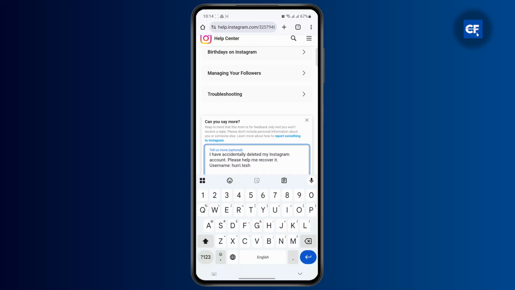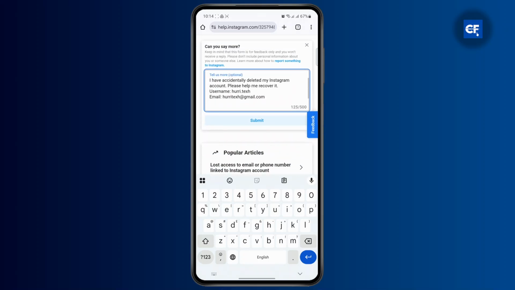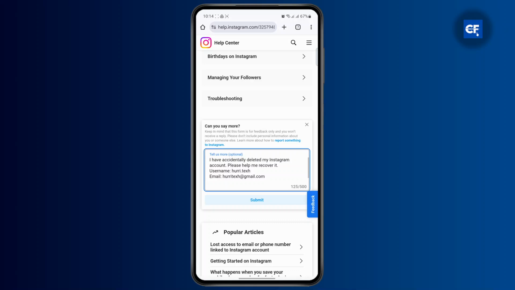line and write in your email. And on your email, you're going to provide the email that's connected to your account and then click on submit. They'll get back to you on your email and you should just follow the instruction